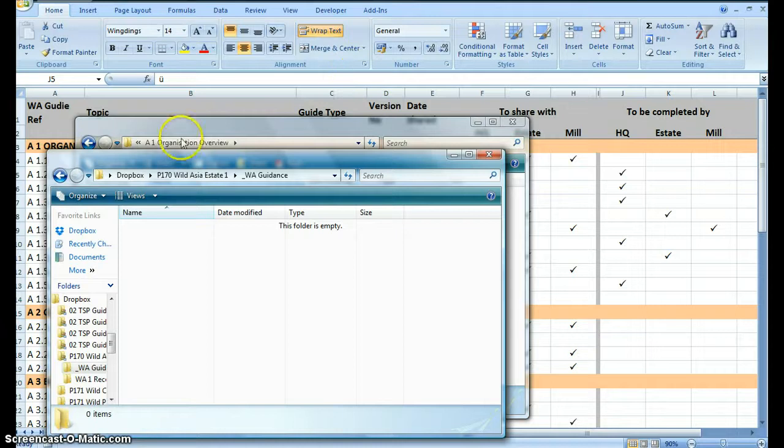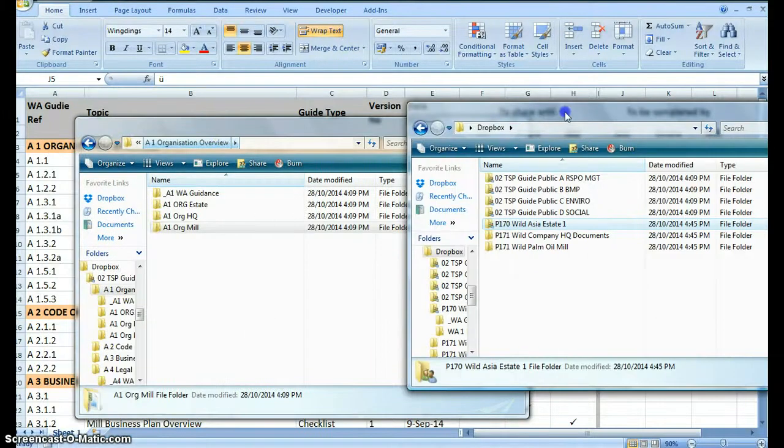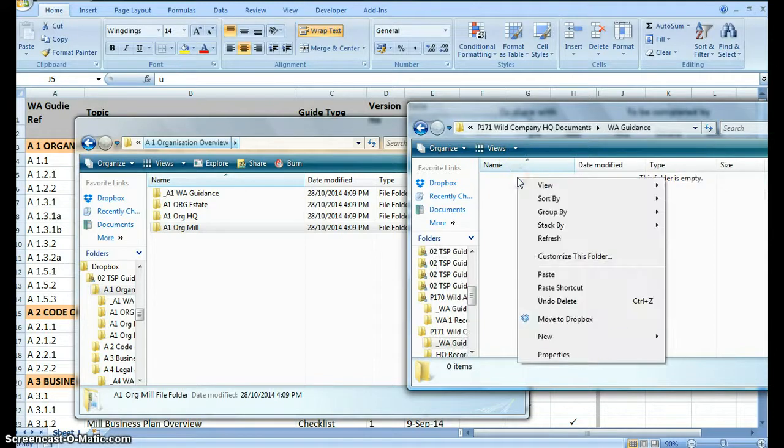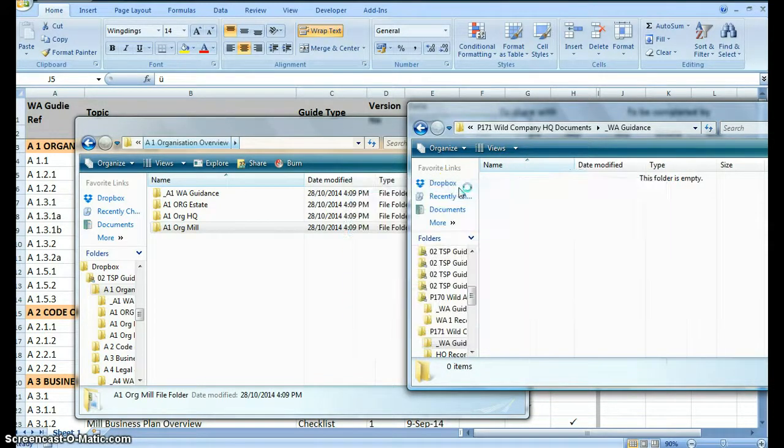So how am I going to share the documents? Let's go to WOW company documents. In each of the operation unit folders, there will be a WOW user guidance folder and a HQ records folder. In each of these folders, you need to create a new subfolder, and these subfolders will need to follow the sub-theme folder as what we have in the public folders. Since I'm going to share A1 organization overview,